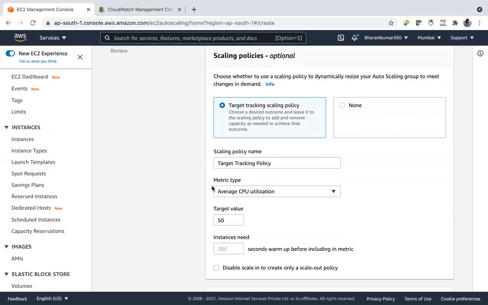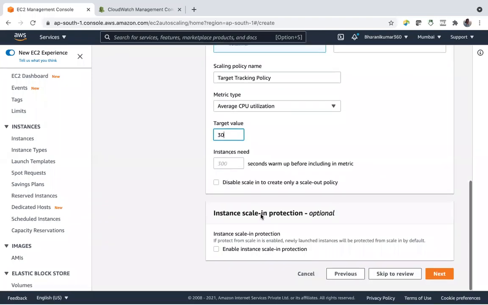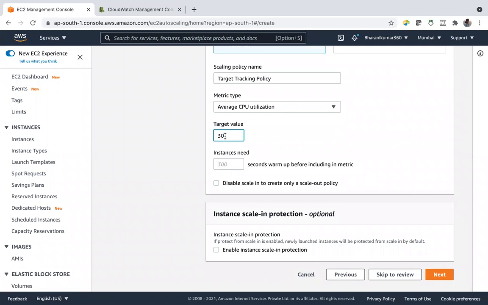So let us use average CPU utilization. If average CPU utilization is greater than 30%, or say 40%, let's say 30, we have to see, right? It's easy to cross 30%. If average CPU utilization is more than 30%, then this is warm up.